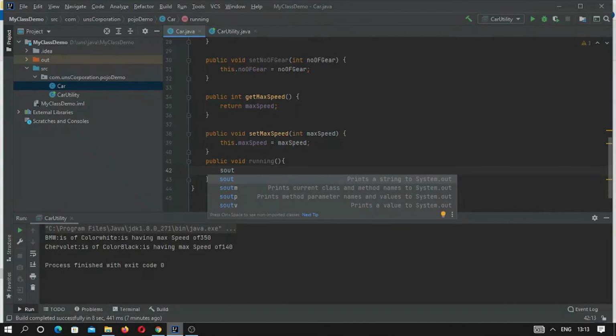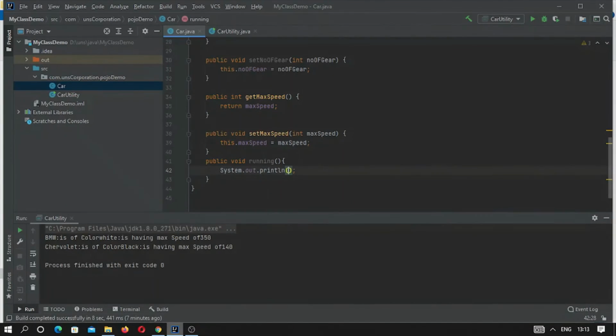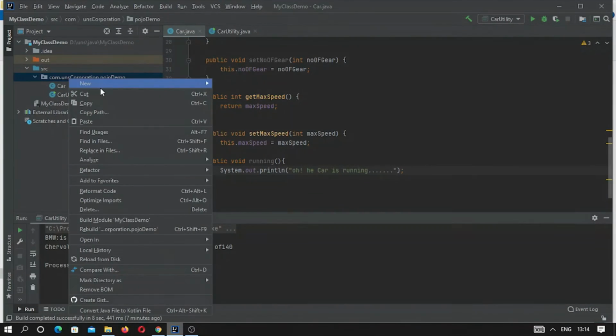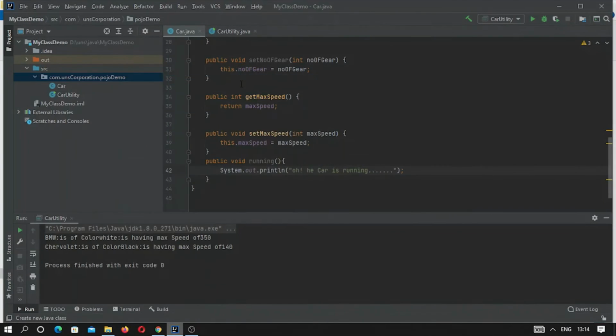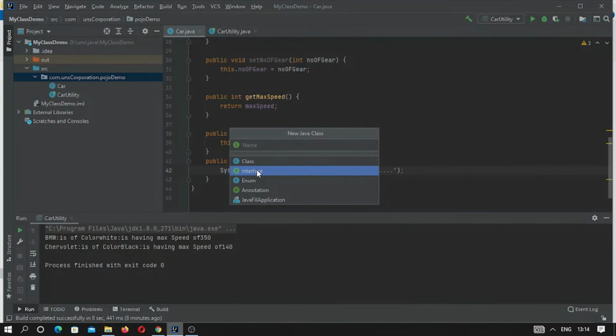In the method body, suppose we are writing, the car is running. Okay, so this is the method body, and let me create an interface inside this package.